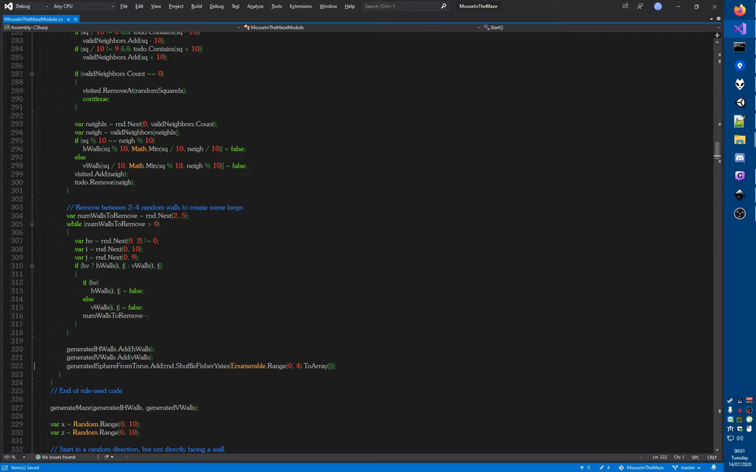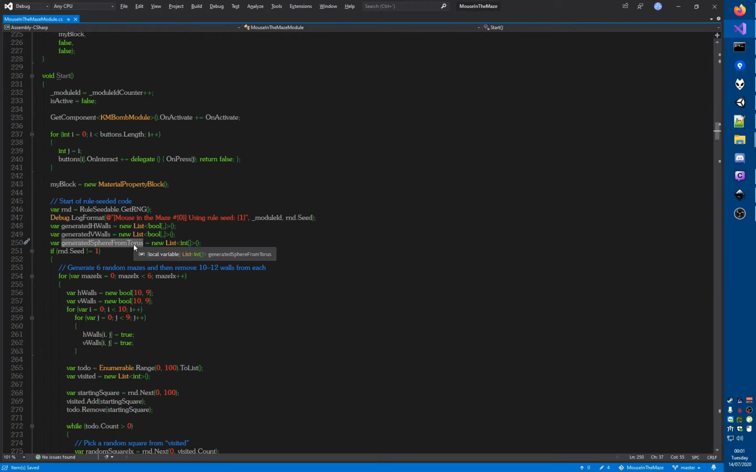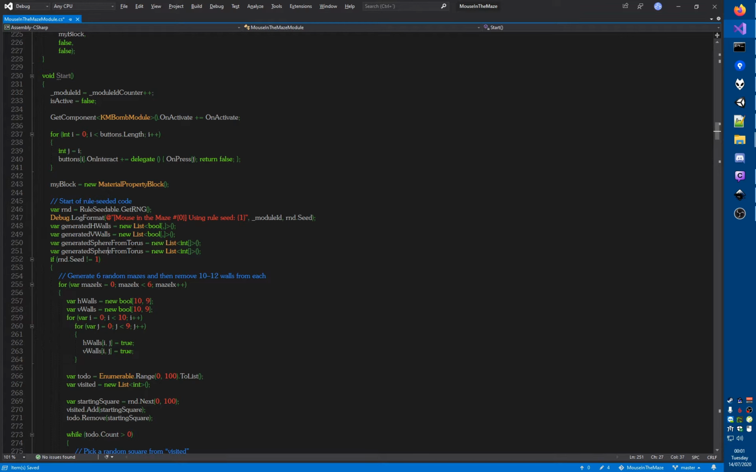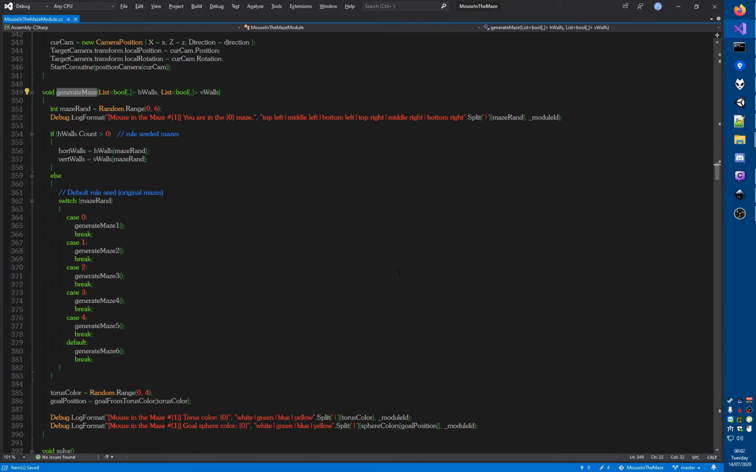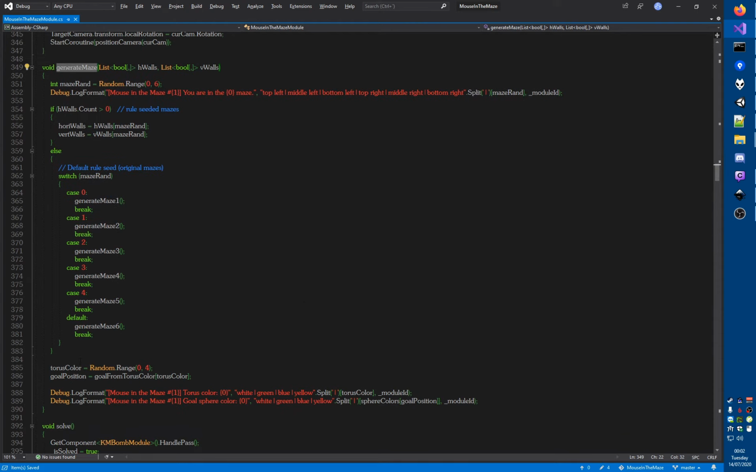Okay, so that will give me the sphere from the torus position, and then to get the goal position from the sphere, I need to know where the spheres are. So I also need to generate sphere positions. These are also going to be in a random order, 0, 1, 2, 3, 4. So once we have this here, this will decide on the torus color, but this doesn't know what to do with